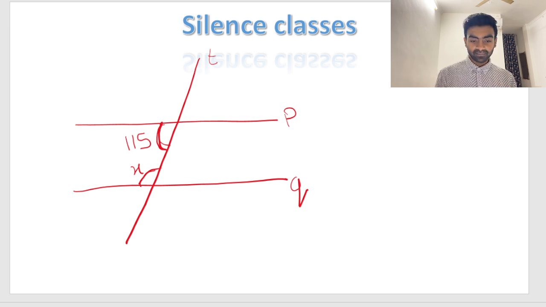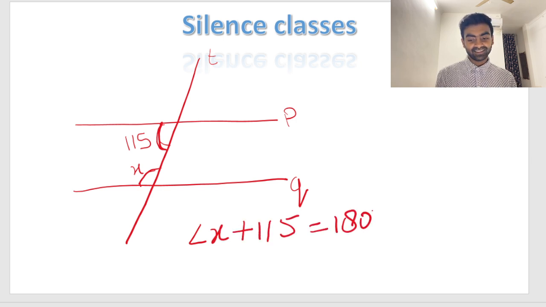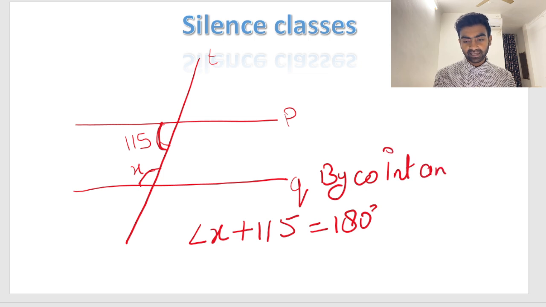This means angle x plus 115 is equals to 180 degree, by co-interior angles,